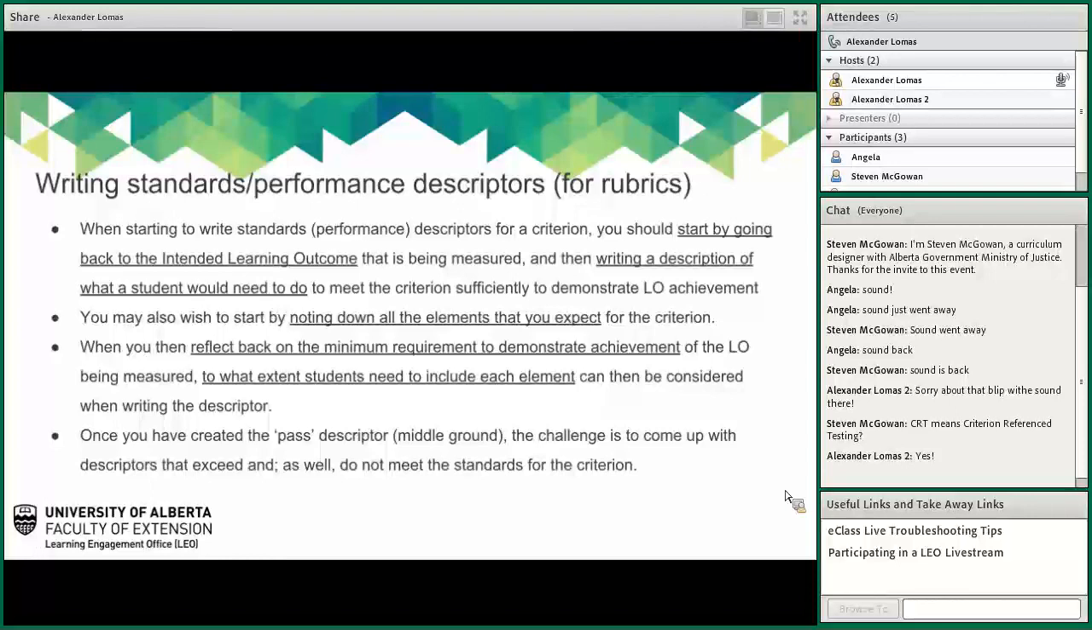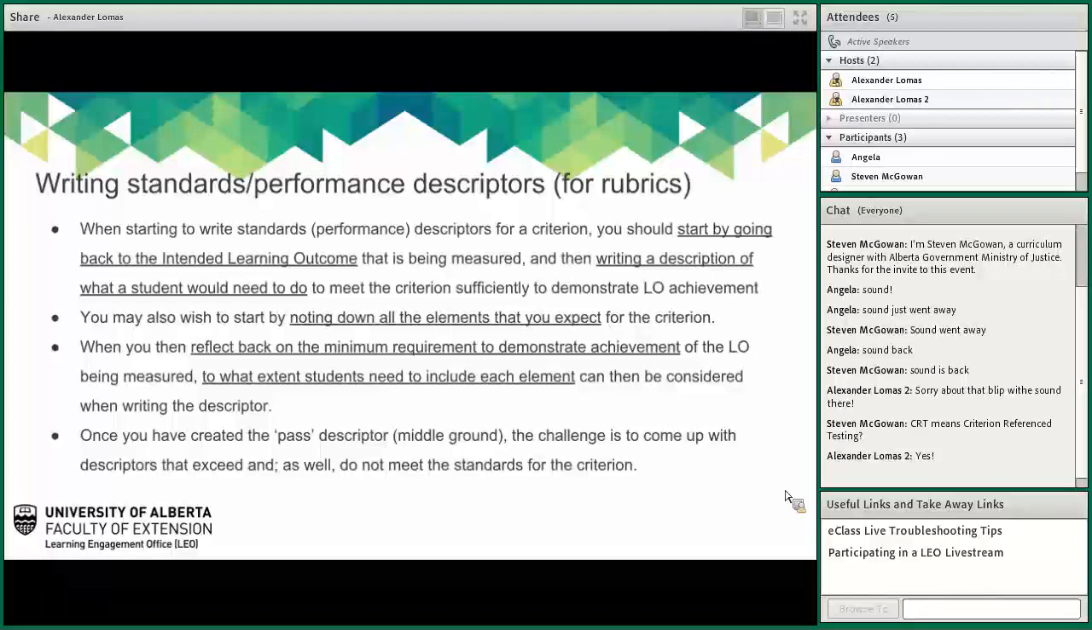When you reflect back on the minimum requirement to demonstrate the achievement, to what extent do students need to include each element when they're to be considered, that can be considered when writing the descriptor. And then once you've created the pass, so this is one of the little hints that you can use, create the pass. Here's what they have to meet. This is adequate, this is average, this is pass, this is good. And then you do better and best,